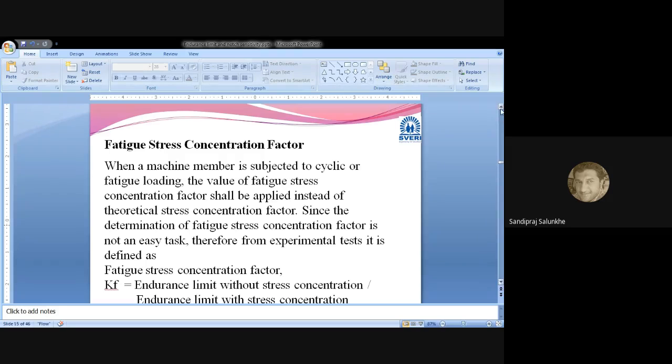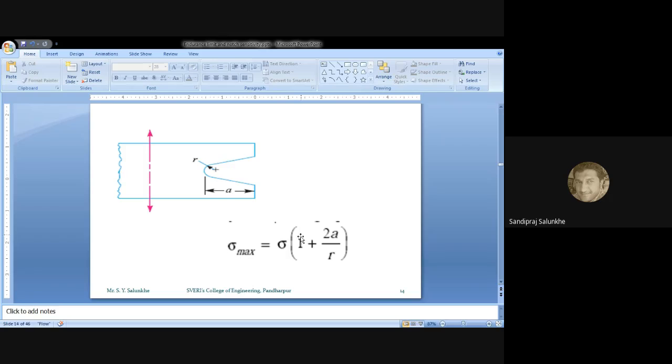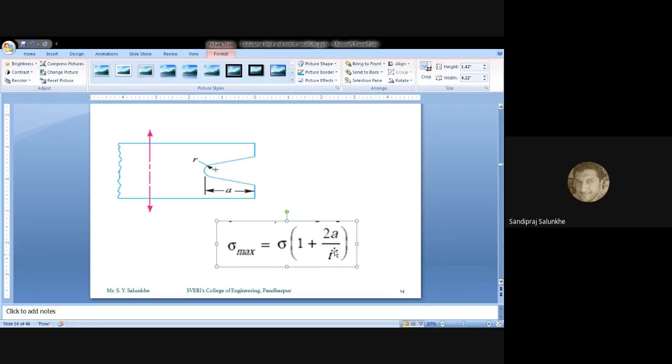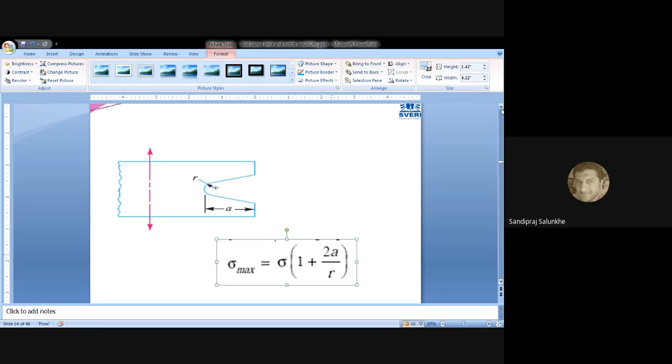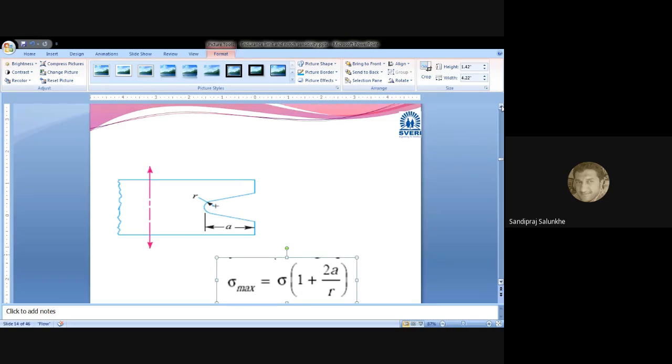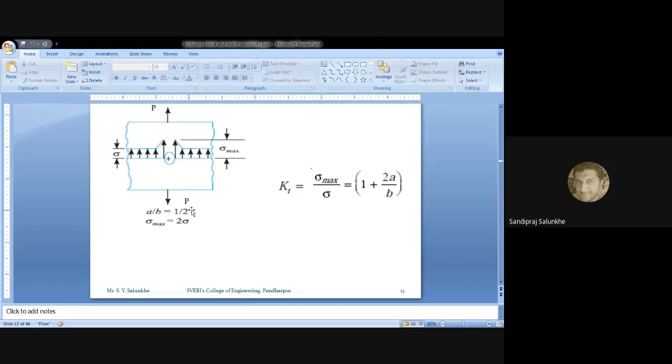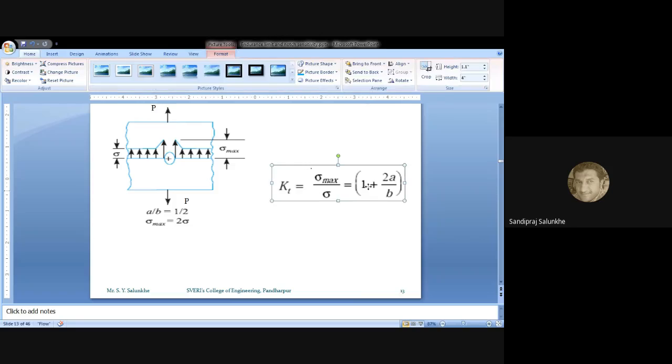ह्या केसमध्ये म्हणजे तुम्हाला फक्त ह्याच्यात हे दाखवायचं मला की या टाईपच्या नॉच साठी जो मॅक्झिमम स्ट्रेस आपण कॅल्क्युलेट करतो त्याचा फॉर्म्युला वेगळा आहे. आणि या इलिप्टिकल होल साठी जो स्ट्रेस कॅल्क्युलेट करतो त्याचा फॉर्म्युला वेगळा आहे. हा आहे त्याचा. पण स्ट्रेस कॉन्सन्ट्रेशन फॅक्टर, थेरॉटिकल स्ट्रेस कॉन्सन्ट्रेशन फॅक्टर कॅल्क्युलेट करायला मॅक्झिमम स्ट्रेस डिवाइड बाय नॉर्मल स्ट्रेस हा फॉर्म्युला. ओके,